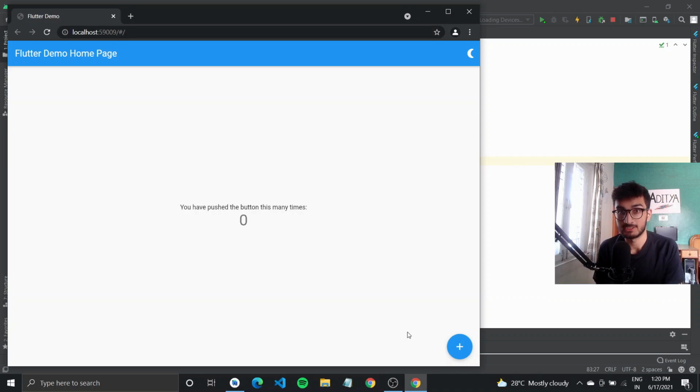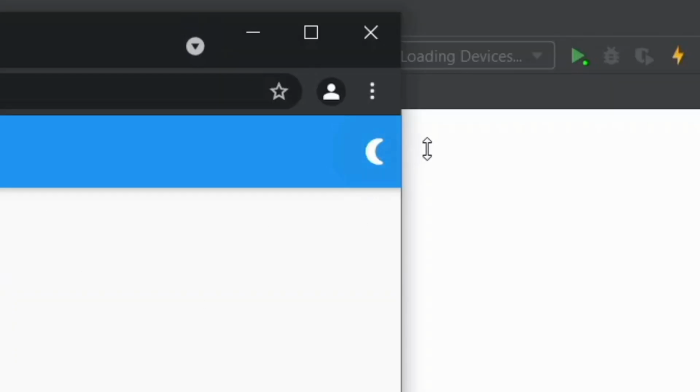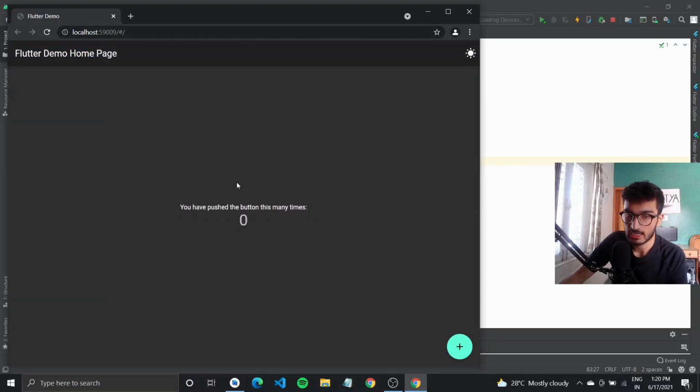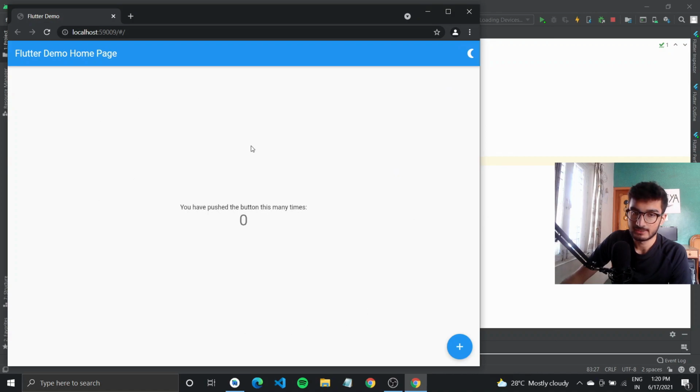So our application is now running, and what you will notice is it opens up to the light theme. Here is our button. If I tap on it, it should update it to a dark theme. When it updates it to a dark theme, my isDark is set to true. And now you'll notice there is a sunny icon button appearing here that we just set. So if I tap on it again, it should update it to a light theme.